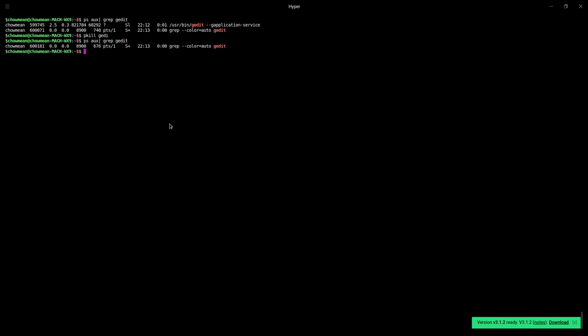This can be used in many ways. Say if you have a lot of Python applications running and you want to stop all the Python applications, you can just pass a command like pkill space python. It will kill all the Python applications at once. So this was how you can use kill, pkill and killall commands to kill any running process.